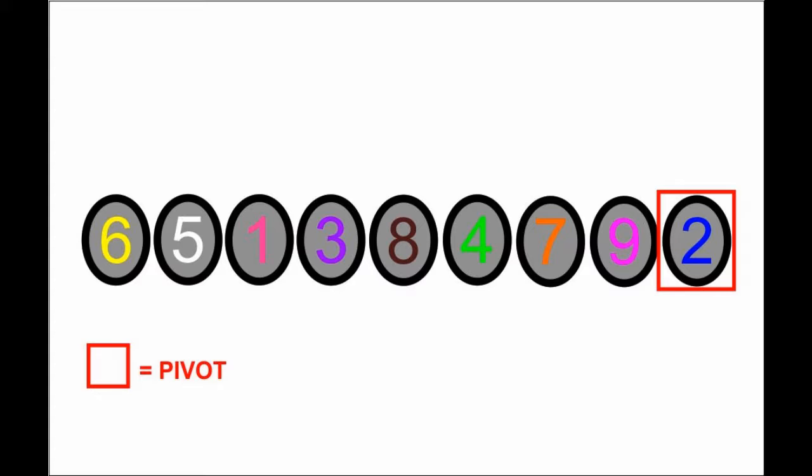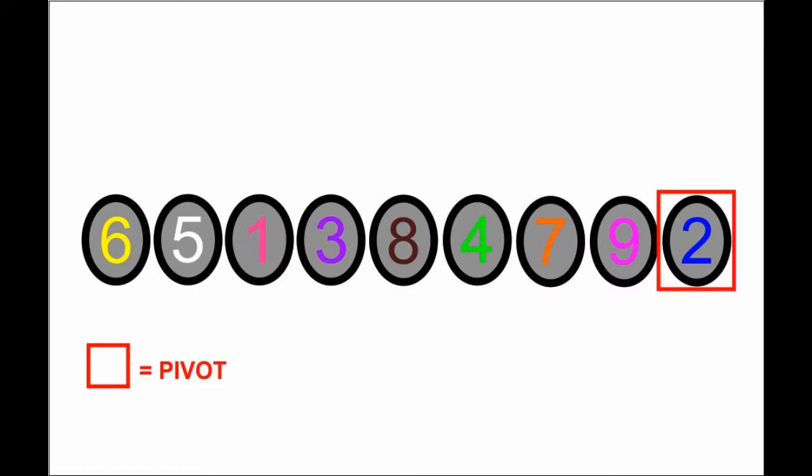What we're going to do is look at all the other elements other than the pivot, and put all the elements smaller than the pivot to the left of the wall, and all of those larger than the pivot to the right of the wall. Then finally, we'll drop the pivot right on that wall to put it between all the numbers smaller than it and all the numbers larger. So let's do that. Pick up the 2, put the wall at the beginning, and call the 6 the current